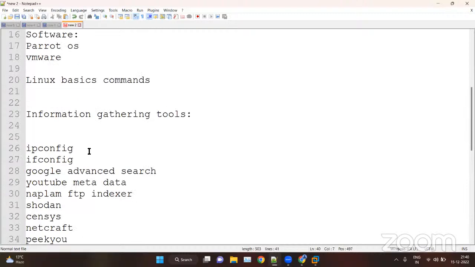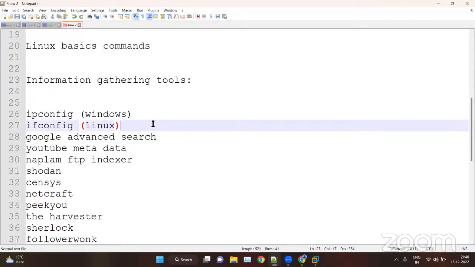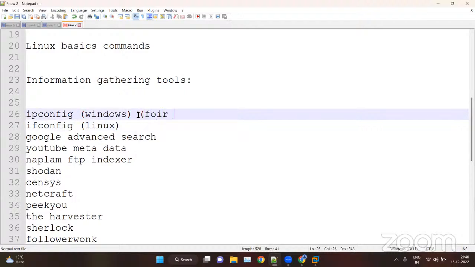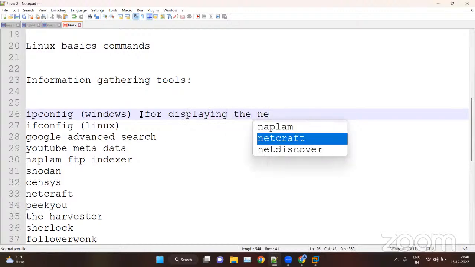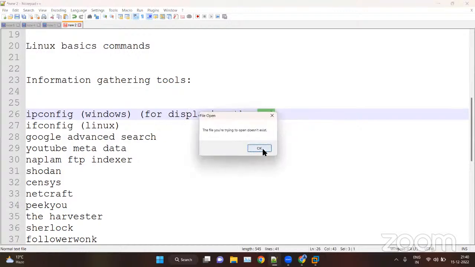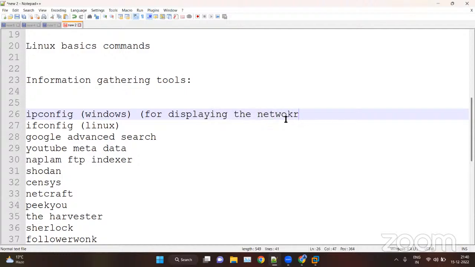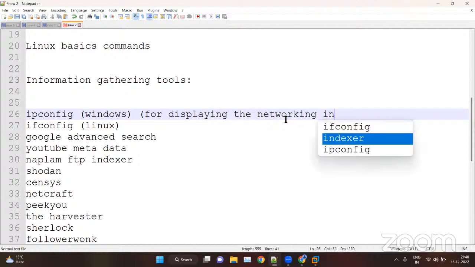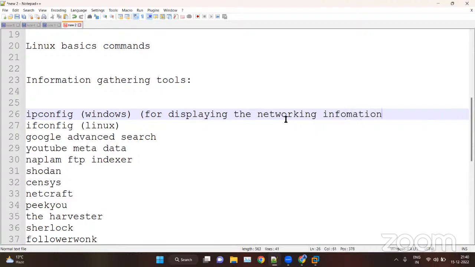Okay, so first we have ipconfig. ipconfig is for Windows, and ifconfig is for Linux.